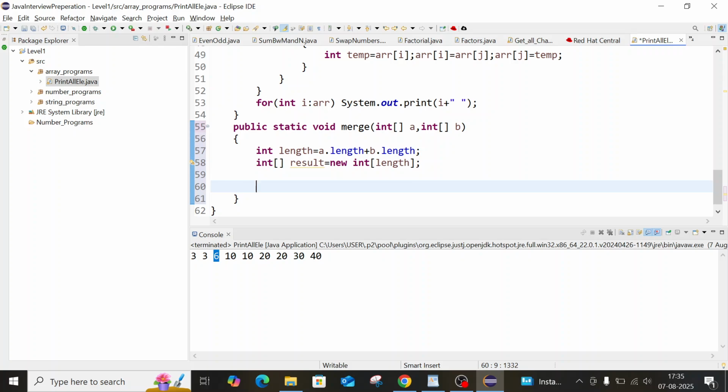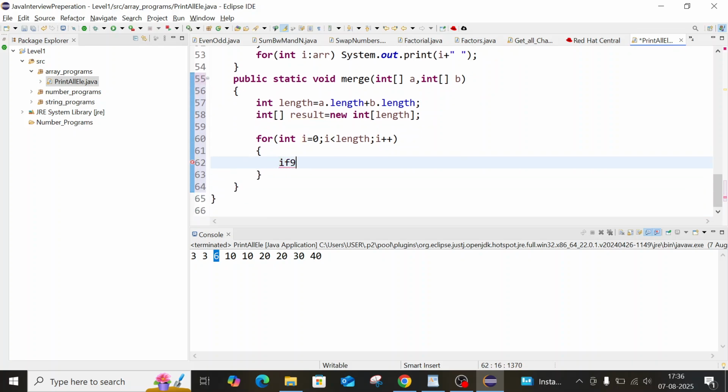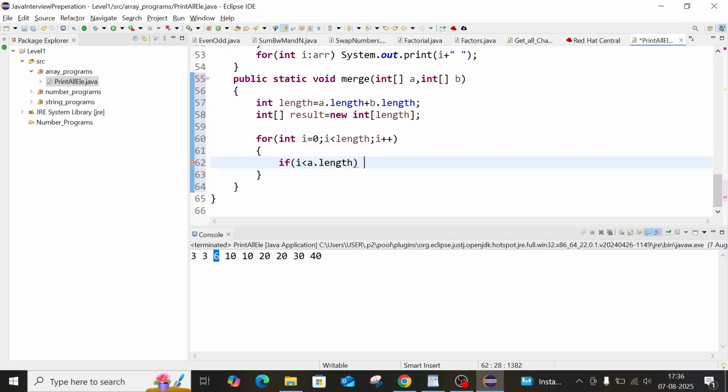We can do it in a single for loop. So for (int i = 0; i < length; i++). If i is less than a.length, we have to assign a elements into the result array. So result[i] = a[i]. If i is greater than a.length, we have to assign